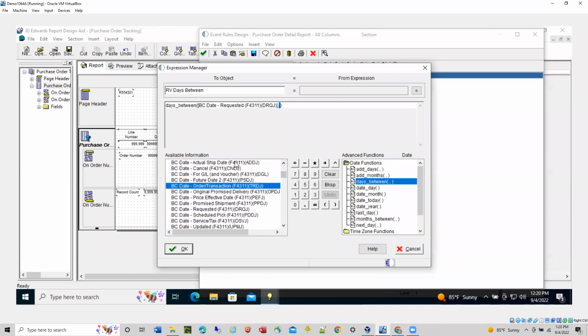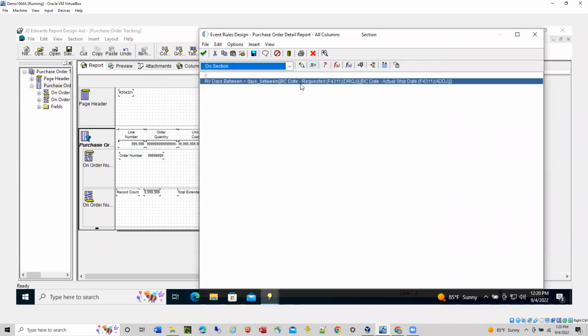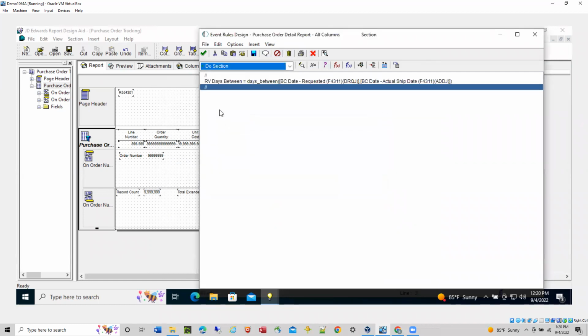There's actual ship date. And we're going to say, okay. And so this is what your line should look like. And then just to separate logic, add another comment. And I'm going to say,